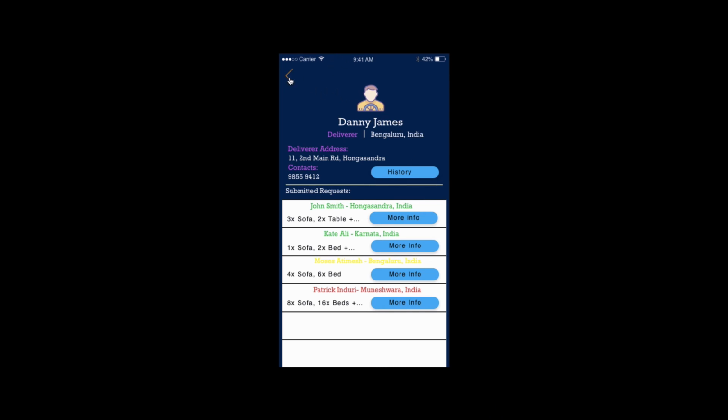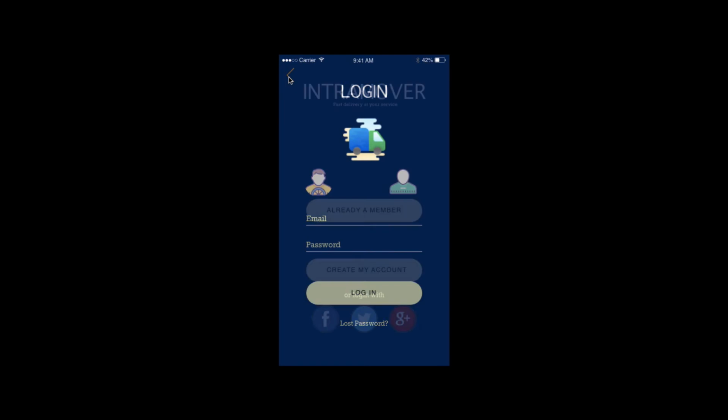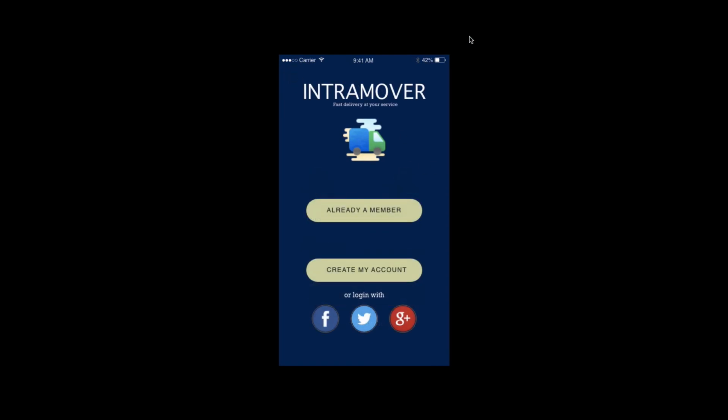And that's basically it. So those are the main functionalities of this application. We just wanted a very fast and easygoing and simplistic